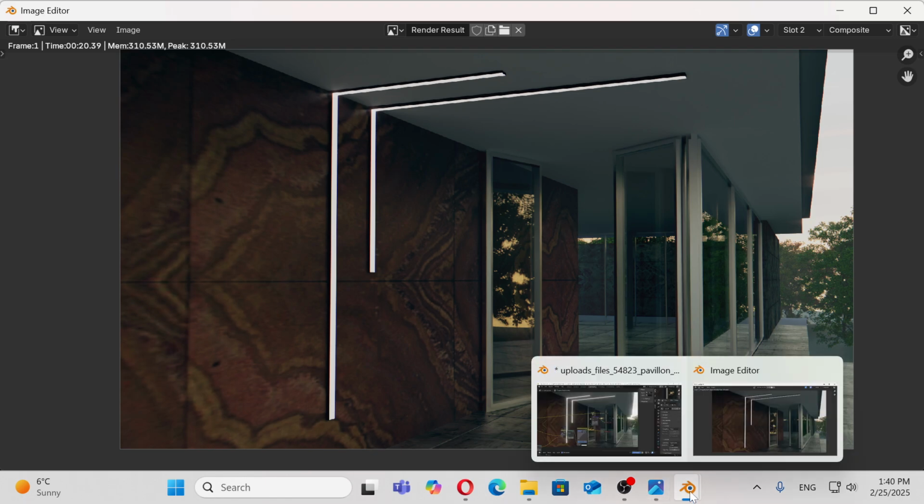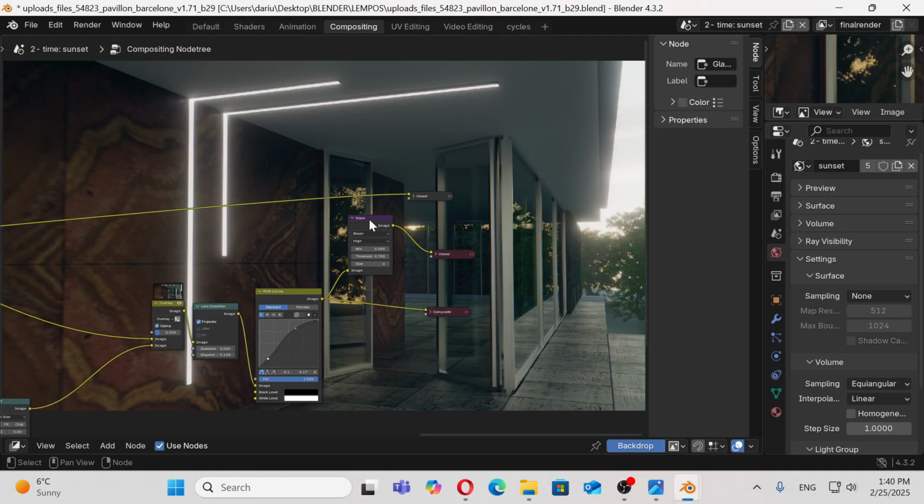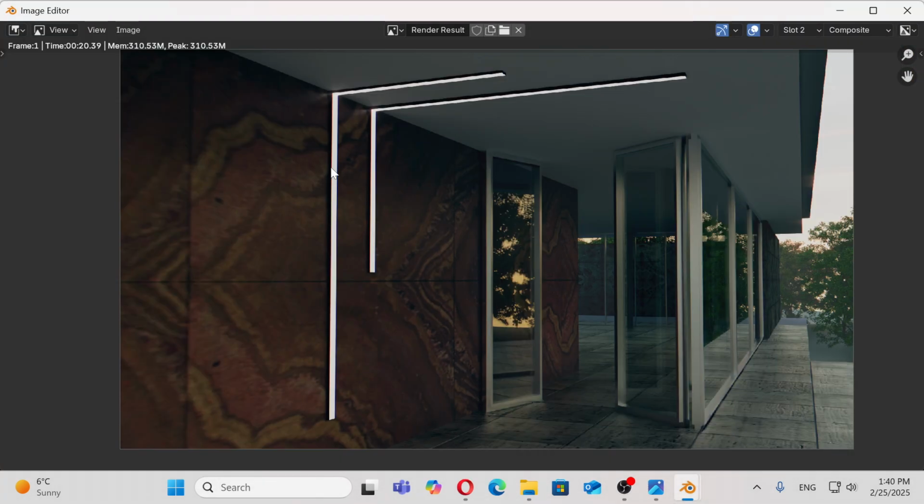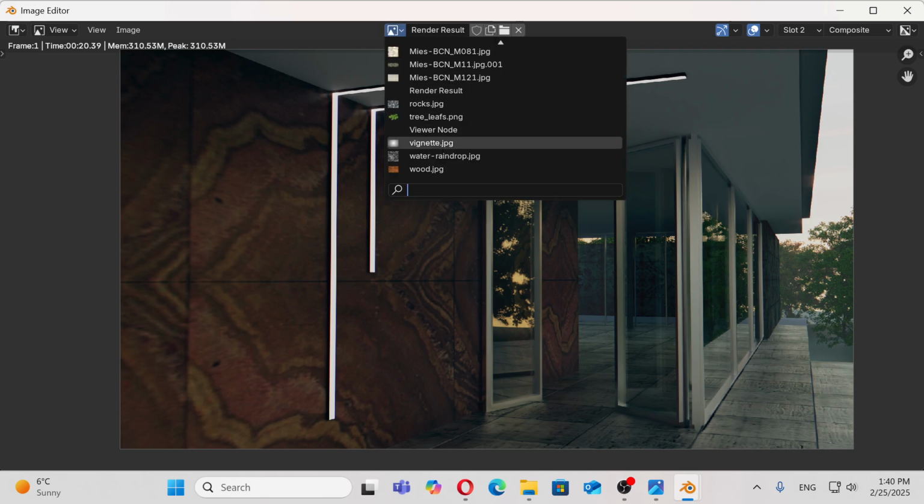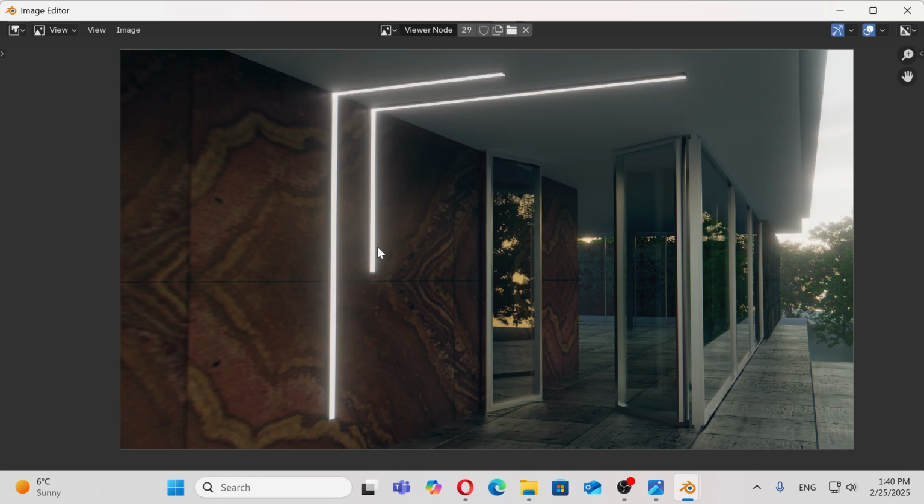Alright, so I just added a glare node to the scene, because I wanted to expose my lighting in this. That's why I opened compositing mode. But let's go back to image editor mode. Alright, so if I change render result to viewer node, as you can see, I just got a new result